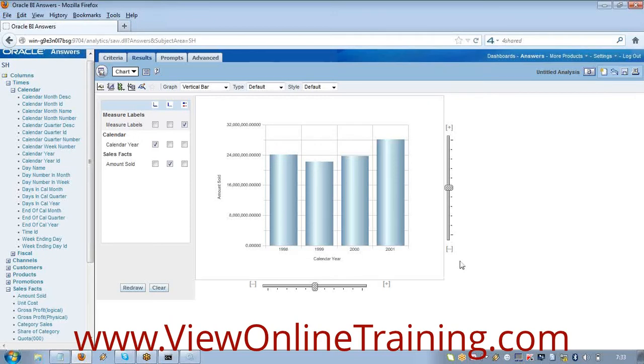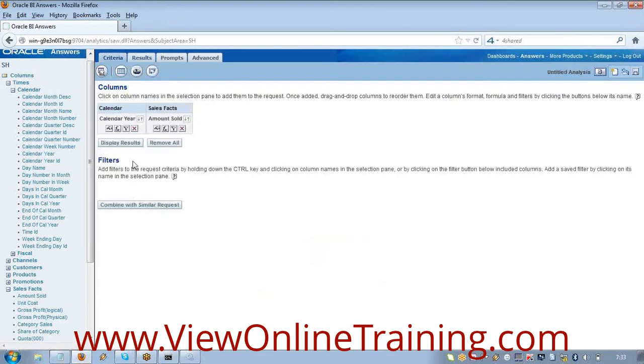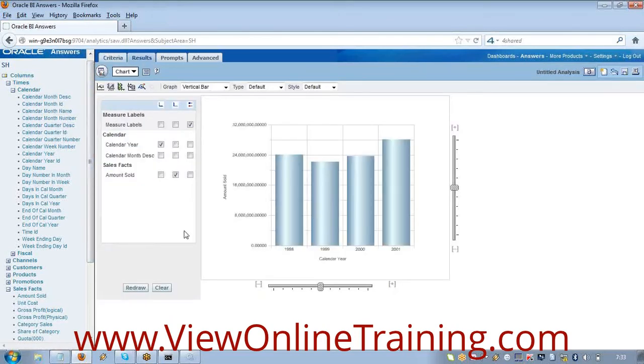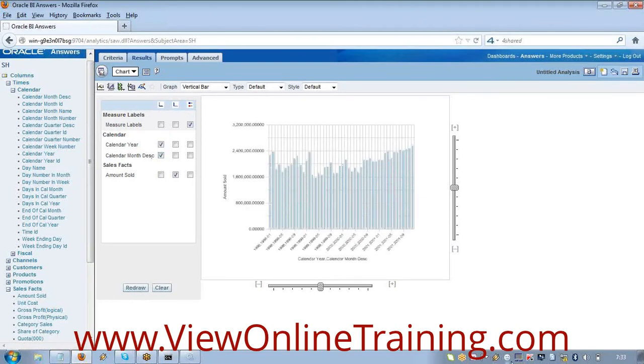So what did you do? I just clicked on redraw. It was taking some time to connect and draw the chart. So I removed two columns, calendar year and calendar month description. Now I'll add calendar month description, and the chart will change. Redraw. See now?